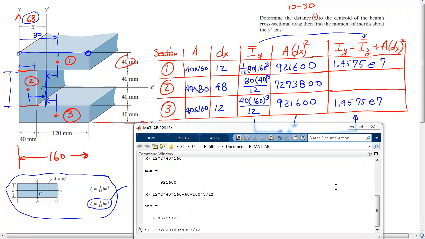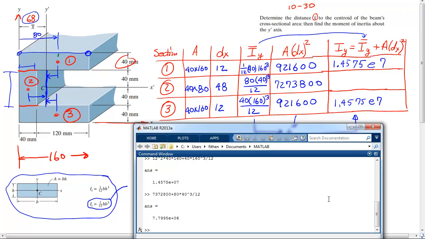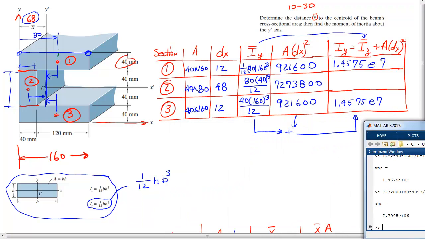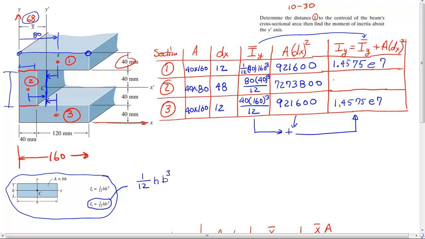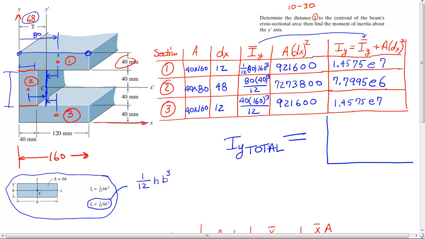And run back, hit that. Big number, can't remember it. Going to slide it over to the other window so I can just copy it. 7.7995 e to the sixth. Now here's what I do. I'm not interested in any of this except for, I'll just have big total equal to in big giant box because it's a big giant number